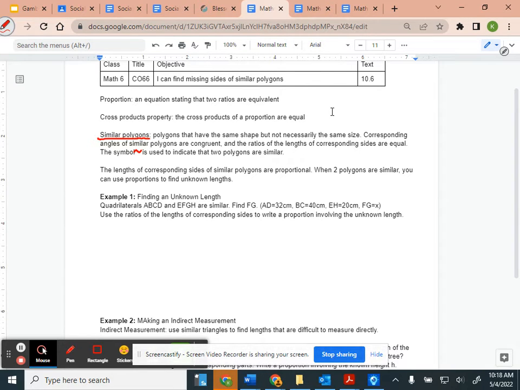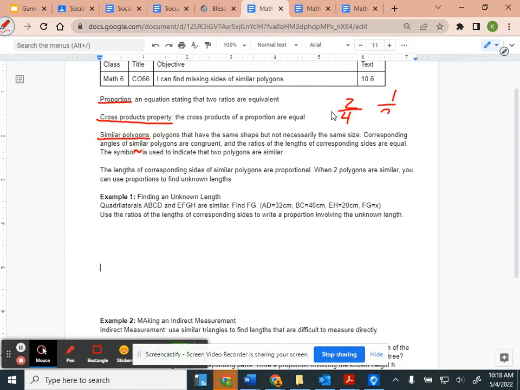So a proportion is an equation stating that two ratios are equivalent. So we're finding that proportion between the two polygons to see if they're similar. If they are proportionate, they are similar. Cross products property: the cross products of a proportion are equal. So if we have